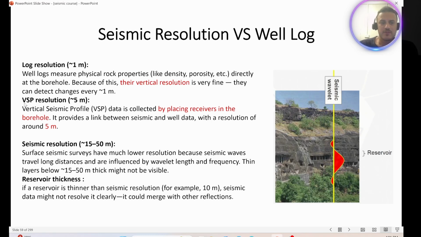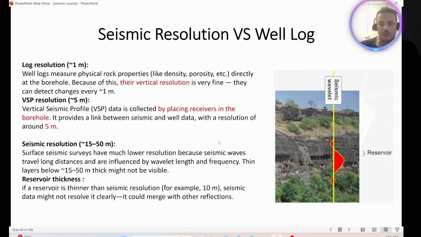We also have the VSP, with a resolution around 5 meters. So vertical seismic profile, VSP, the data is collected by placing receivers in the borehole. So we put the receiver in the borehole and the maximum vertical resolution that we get is around 5 meters. But for seismic resolution, we have from 15 to 50 meters, but this depends on the velocity and the frequency. And from the velocity,